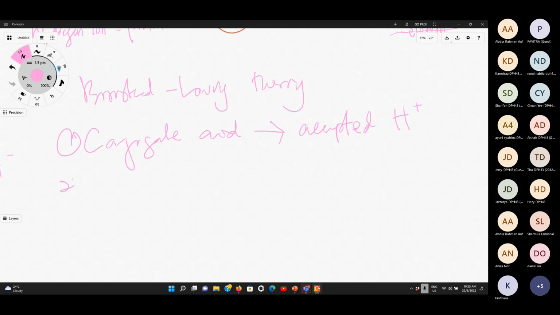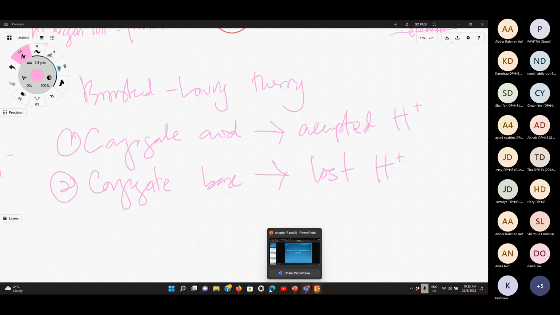So that makes a conjugate base something that lost H+. Okay, so to answer that question tadi,